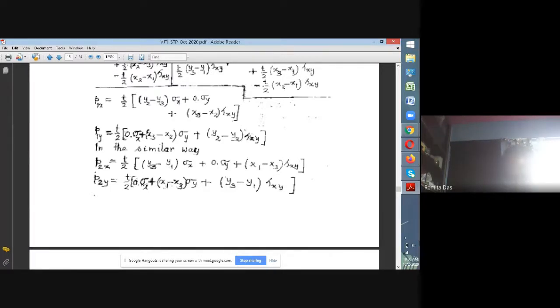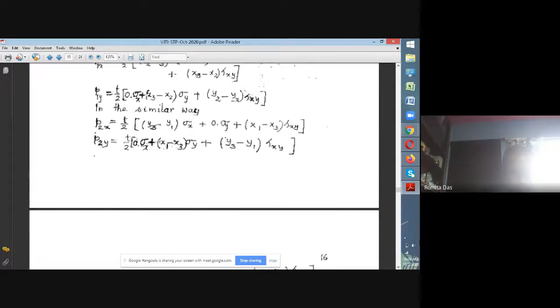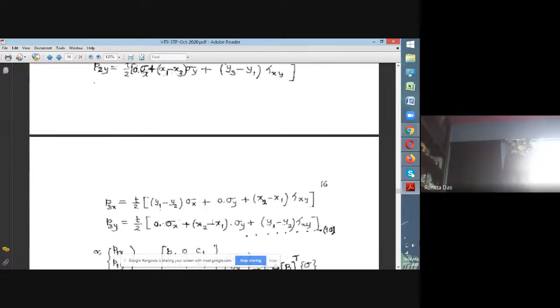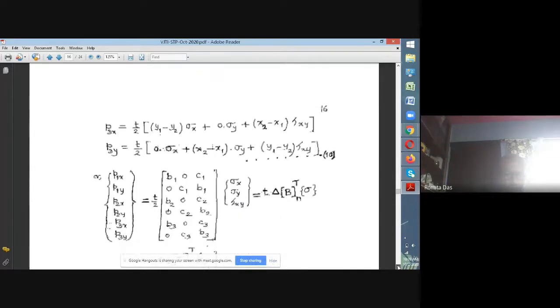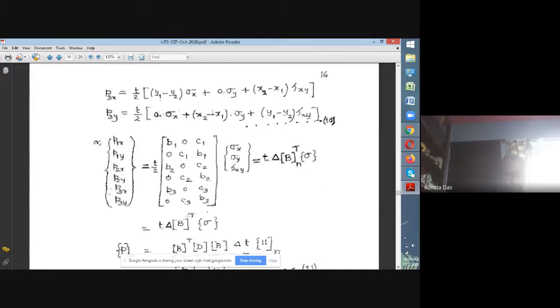And let's see the third node. In the similar manner, I can write the load at the third node. So this is the load in the third node in the x direction. This is the load in the third node in the y direction. So therefore, all this is the form. And finally, when we write all these 6 loads at the 3 nodes, these are the loads. And when we collate them together, it looks like this.